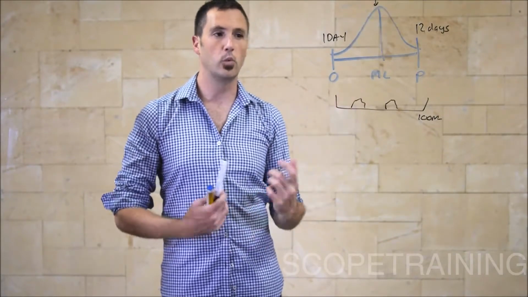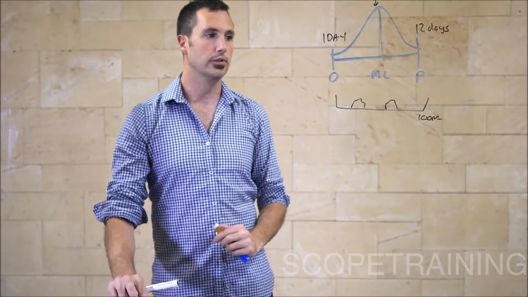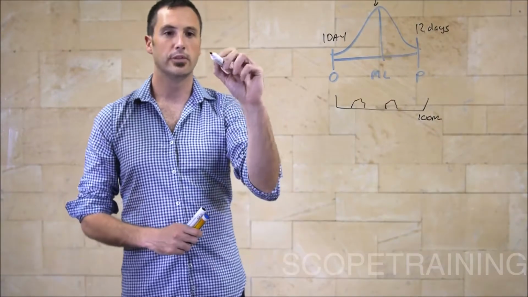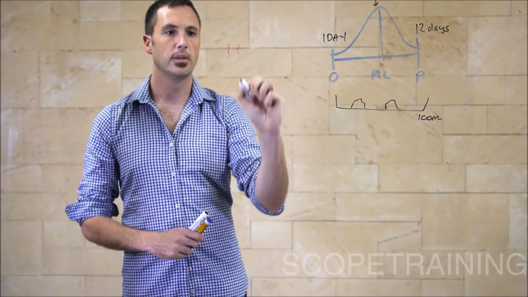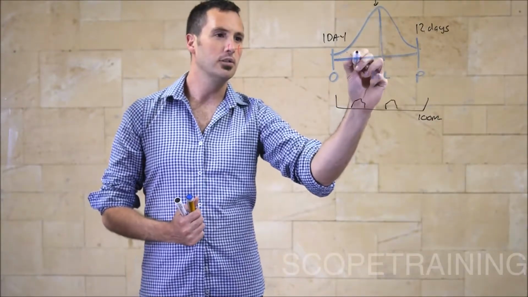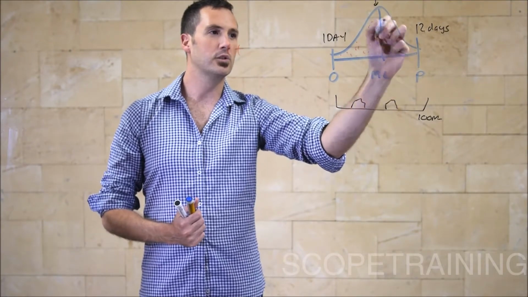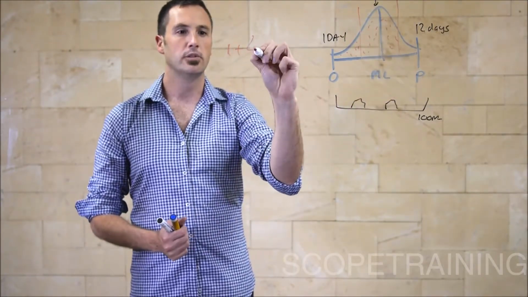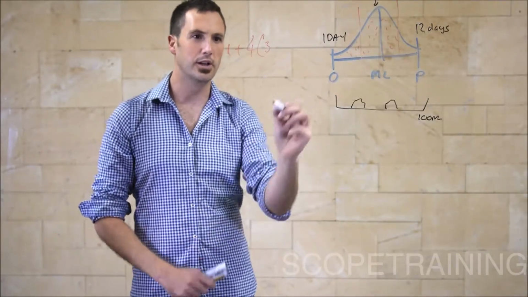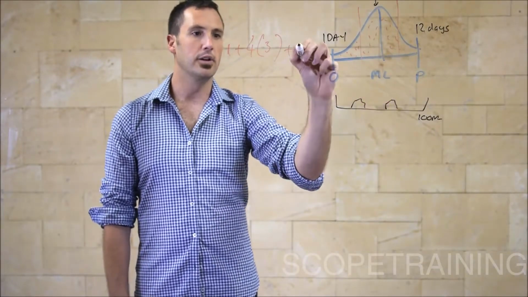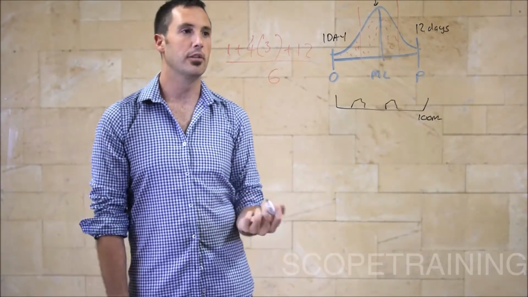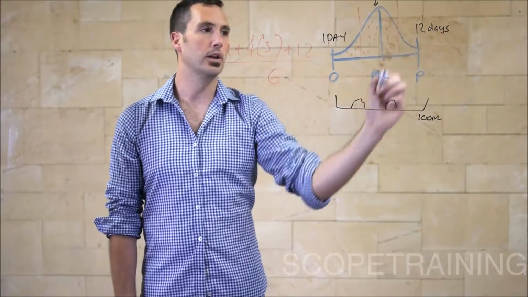So I've got those 3 points. What do I do with them? A little bit of maths. Hopefully this isn't too scary, but we'll just do this on the fly. I add them up and I try and get to an average. So I'm going to take our best case, which is 1 day, and I'm going to add it to our 3 days. But because this is most likely, if you think of all the instances that happen here, there's a greater chance of it happening somewhere around here. So we put a kind of weighting, and I'm going to go 4 times our 3 days, and then I'm going to add on our pessimistic. Because it's an average, I'm going to divide it over 6. If you think about it, there's 6 factors, 1, 4, and another 1 makes 6.